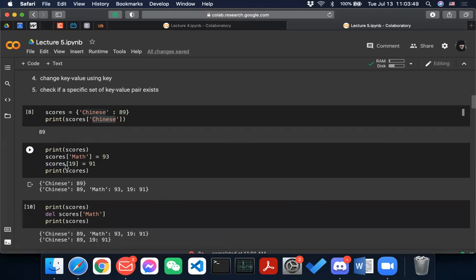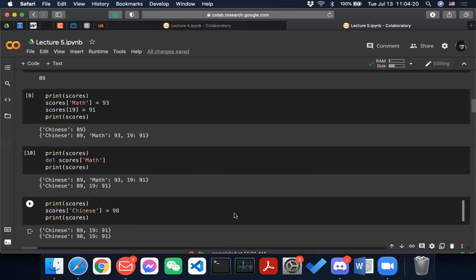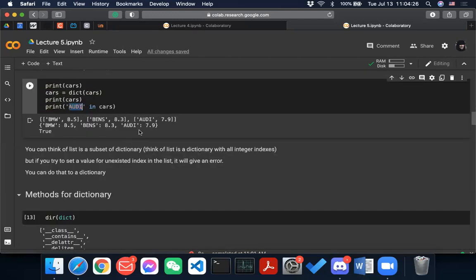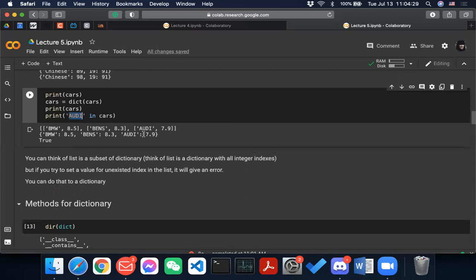For example, if you do score[19] = 91, but the score is not already 19 elements long, then it will give you an error, a list index out of bound error. Just be careful with that. You can change the value, but you cannot add a value in a list using this fashion.